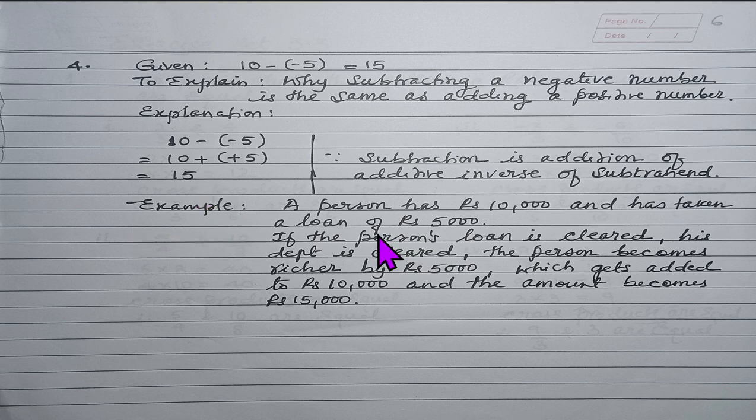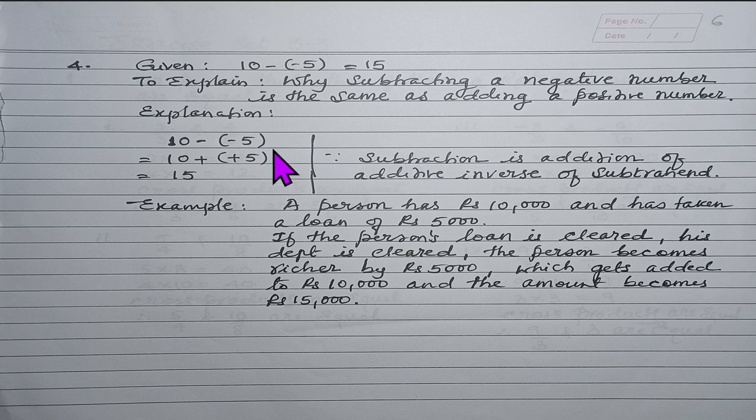Now to explain this with the help of an example, let us say a person has rupees 10,000 and has taken a loan of rupees 5,000. If the person's loan is cleared, whether he clears it or someone clears it, his debt is cleared. If the debt is cleared, the person becomes richer by rupees 5,000, which gets added to rupees 10,000, and therefore the total amount becomes 15,000. So this is exactly how Brahmagupta's laws explain it,